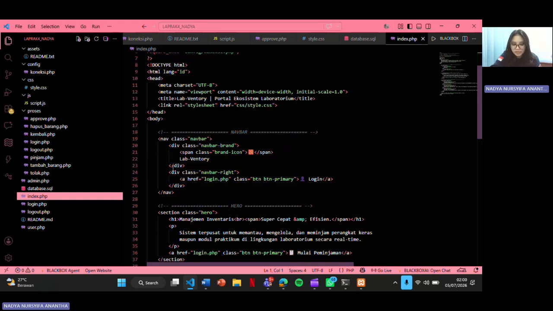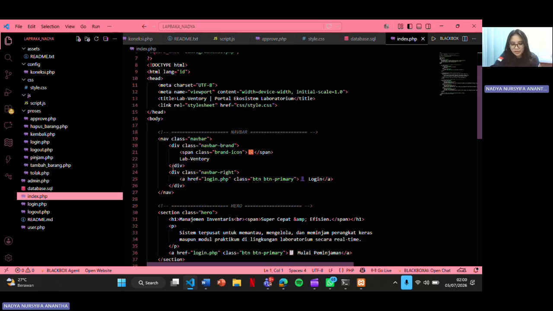The login process checks the username and password using a prepared statement with password_verify, since all passwords are stored as bcrypt hashes, not plain text. Based on the role, the user is directed to either the admin or user dashboard. For role-based access, every protected page like admin.php and user.php checks the session role.